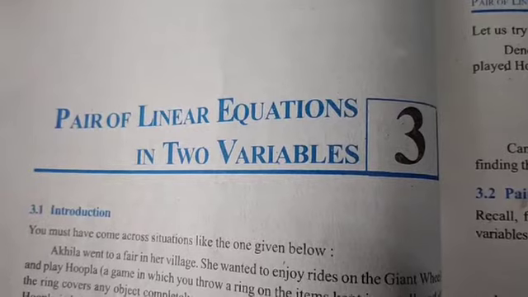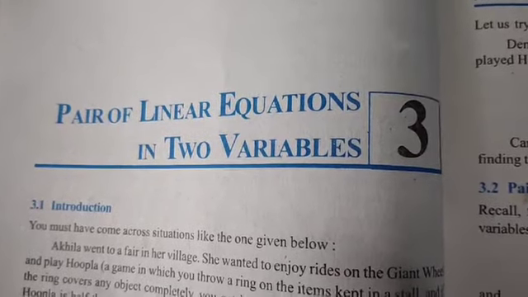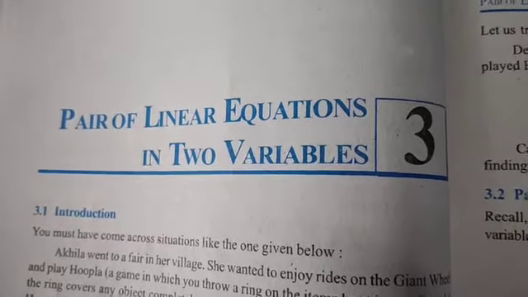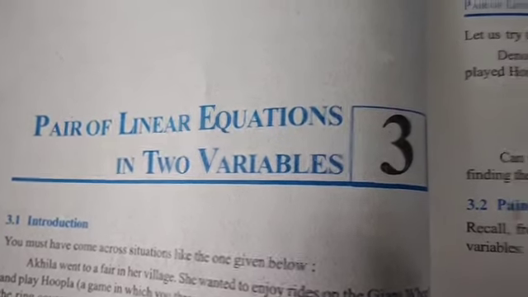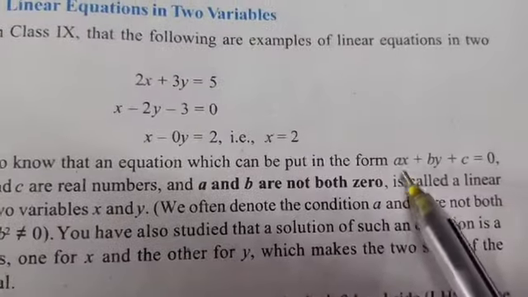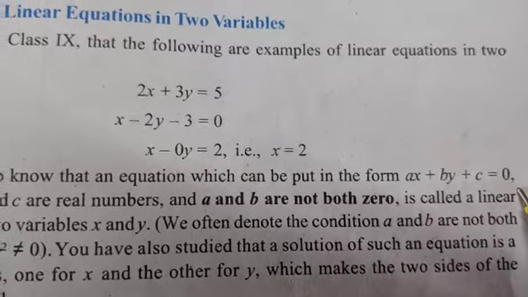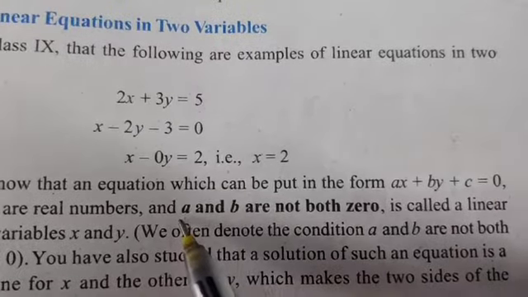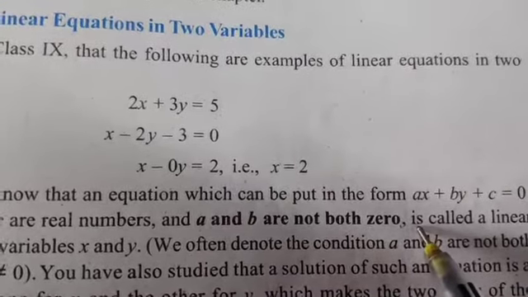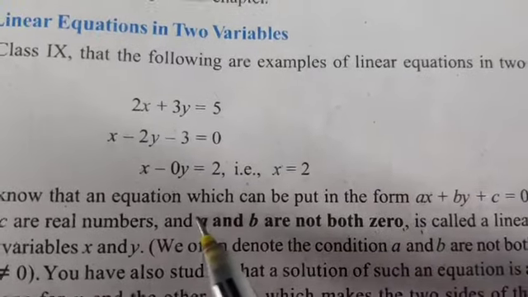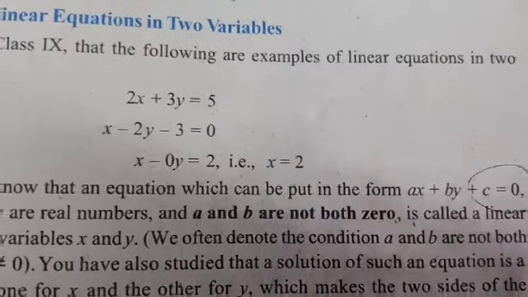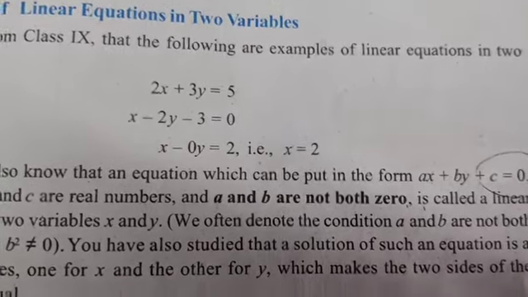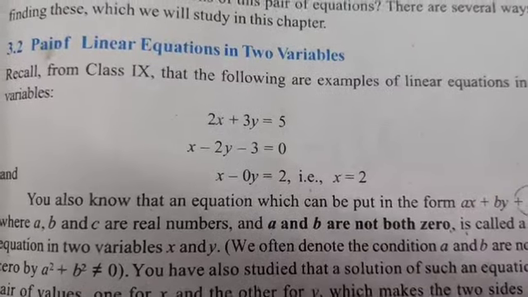Am I right? Do you remember all this? I hope you are revising your chapter or whatever I have taught. I hope you are keeping them in mind and you are continuing your revision. I gave you the general form, and the general form was ax plus by plus c is equal to 0, where I specifically explained why a and b cannot be 0 at the same time. Because if you substitute a and b 0 in this equation, the c becomes 0. Then it's no longer an equation. Okay? So this you already have an idea.